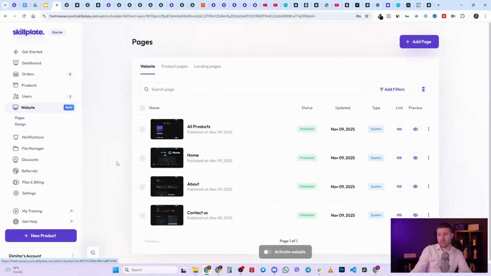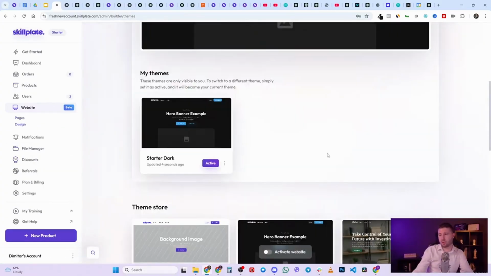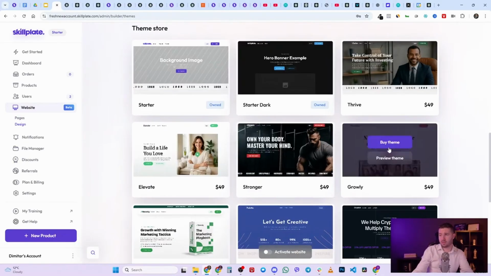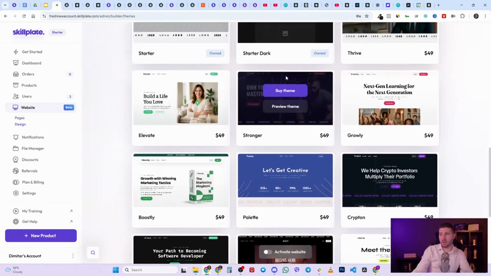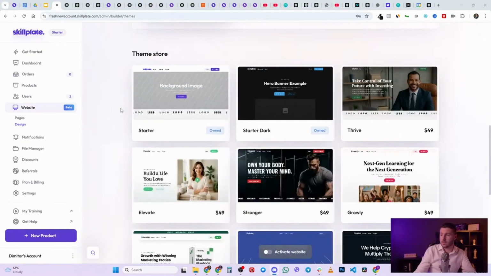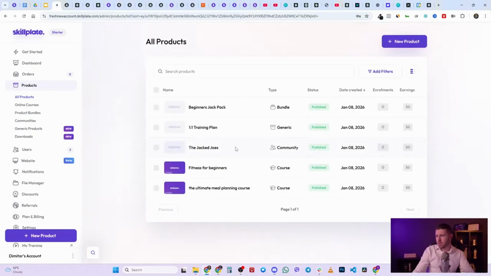So I'm going to go directly into the website builder. I'm going to choose a theme. I'm going to choose a theme that works for me, in this case this theme. All right, so while we are setting up for this, we can do a bunch of